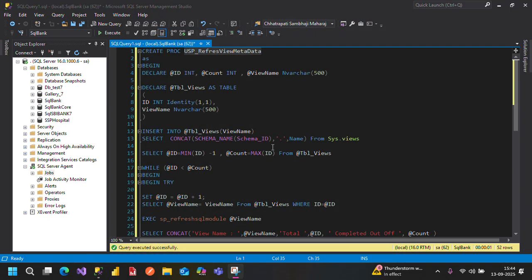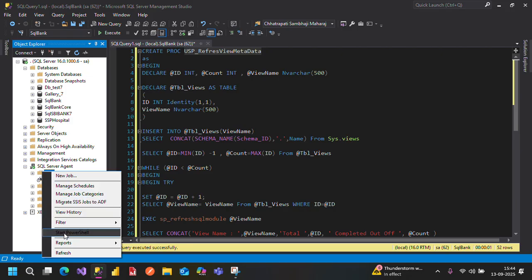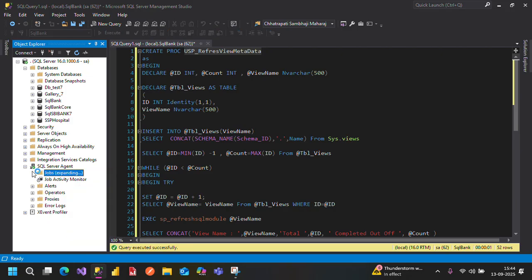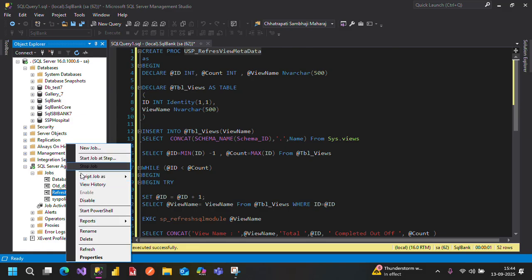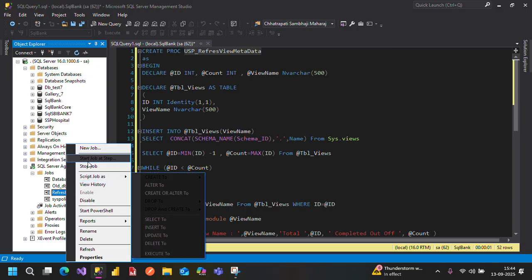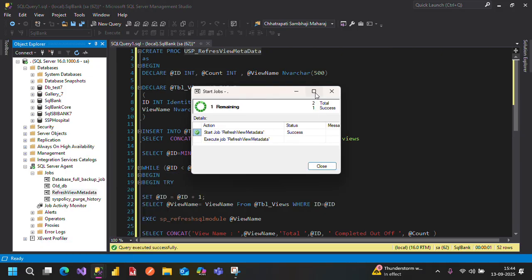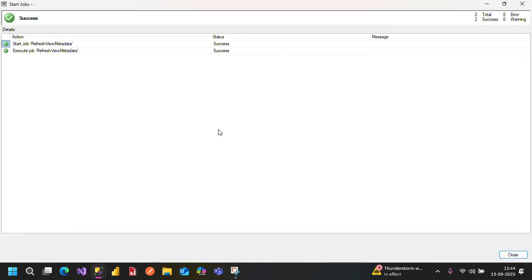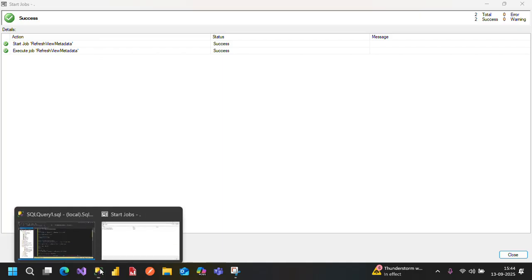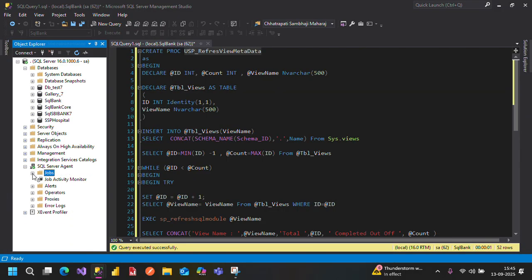Click on OK button. Now you can see refresh view. Now I am going to start this job, so you can see the job started successfully, executed and also completed. Now go to history or job monitor, and you can see here